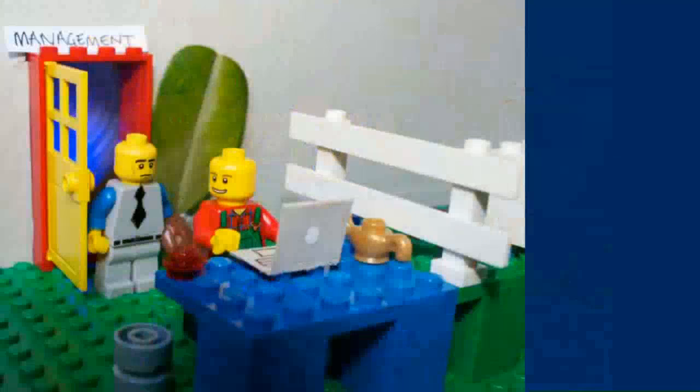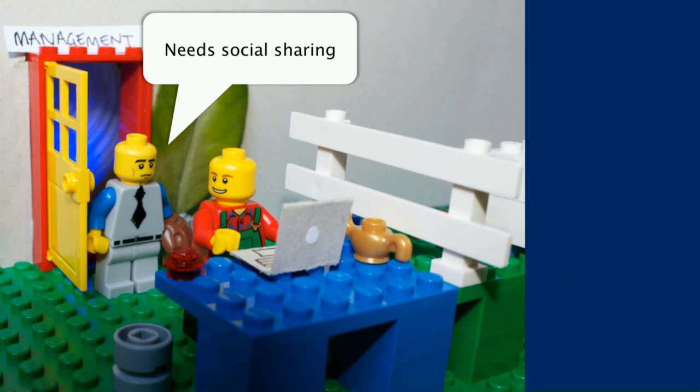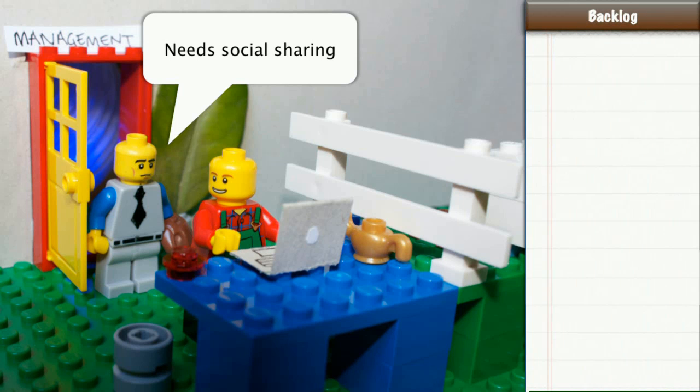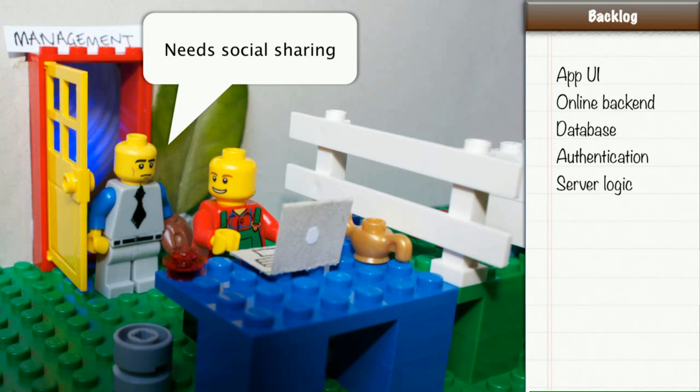And it's going well. And your boss comes back and asks for a demo. And you show him the work in progress. And what does he say? Social sharing? Ooh, well, that's going to make this really complicated. Because now, instead of just building an app, we need to also have some kind of back-end web service that can store the data. Oh, and that has all kinds of other requirements. So let's start to make a backlog of the work that will be needed. Firstly, you're going to have to build not only the app UI, but some kind of online backend with a database in it. And because you're a good developer, you know that it's also going to need some authentication there and some way of writing server-side logic because, you know, you need to protect users' data from each other.